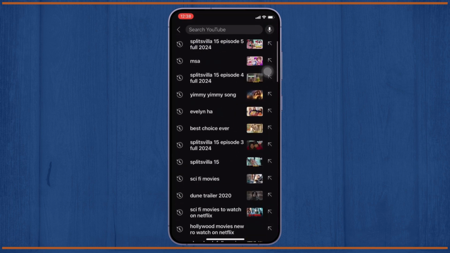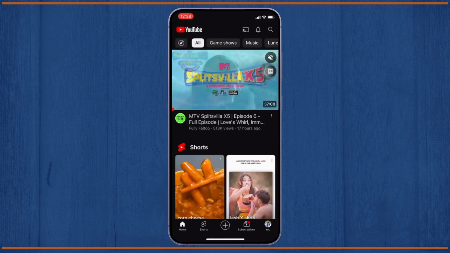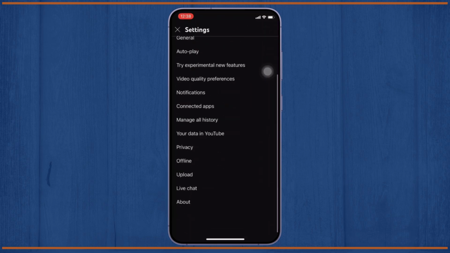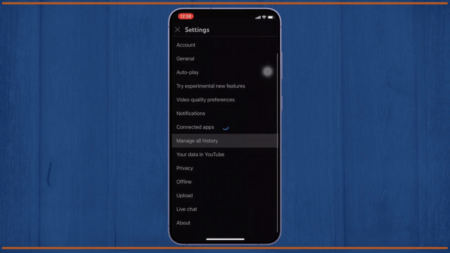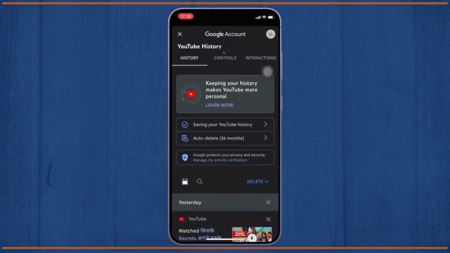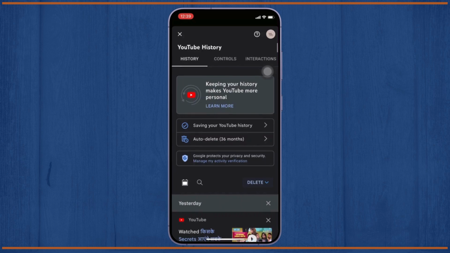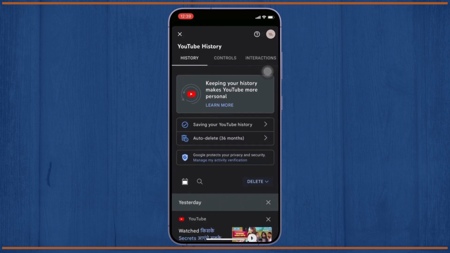And what we will simply do is go back and click on our profile and go into our settings. There we will get to see an option of manage all history. We will simply click on that, and here we'll be able to see all of our history and get an option of delete. So you can simply click on that delete option, and after clicking on that you will get to see